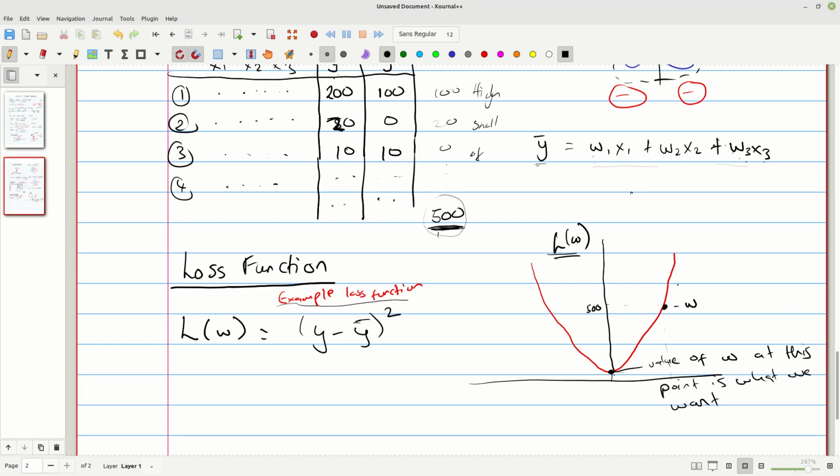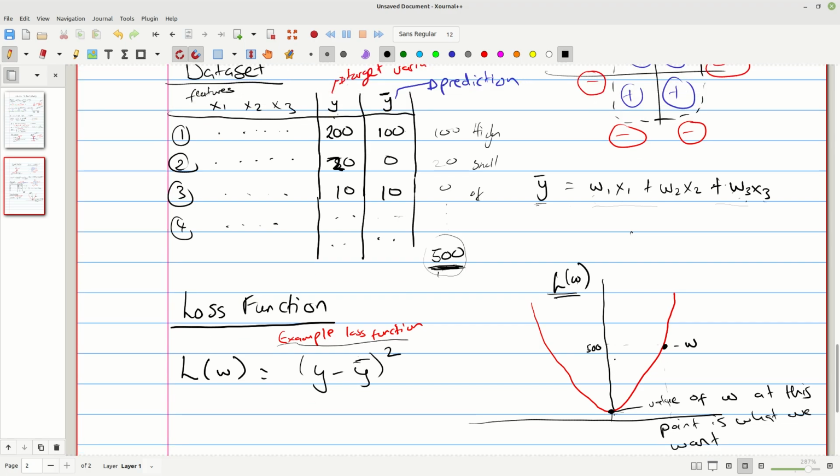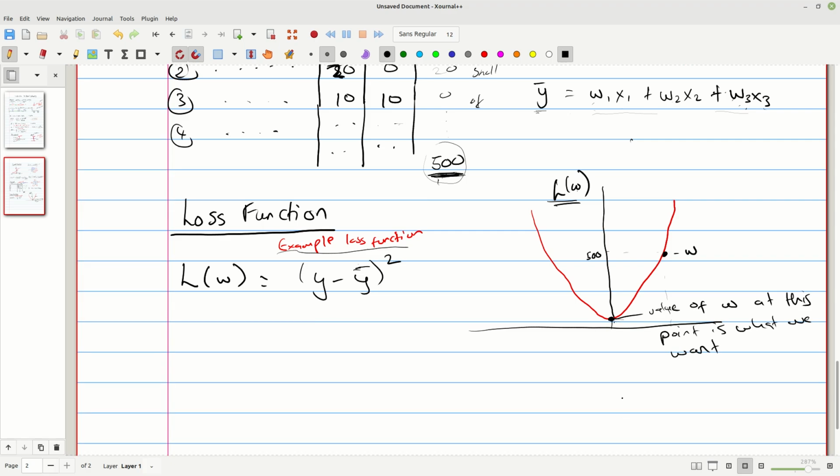But if we are dealing with multiple variables and more complicated prediction functions, then we need to use a method called gradient descent in order to actually reach this minimum point. If we try to just equate the gradient to 0, we're going to be solving a system of equations that might end up being more complicated. So you don't need to focus on these points right now. They'll become clearer as we go on to the next lecture and so on.